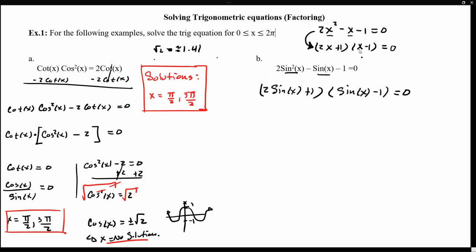And you can do this yourself. If you multiply 2 sine of x times sine of x, if you distribute this first term and you distribute the second term, you would get the initial expression. But now the benefit is that now that we have it in factored form, we can just solve for it individually, because I have two factors which are multiplied and they're equal to 0. Then now I can just get each factor